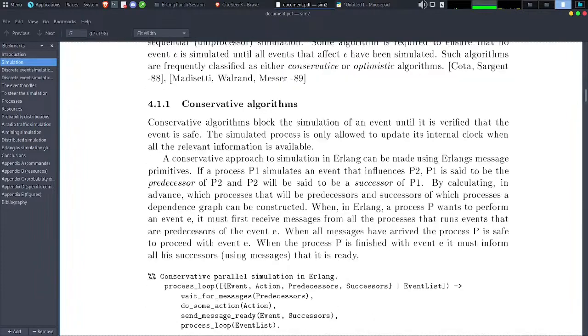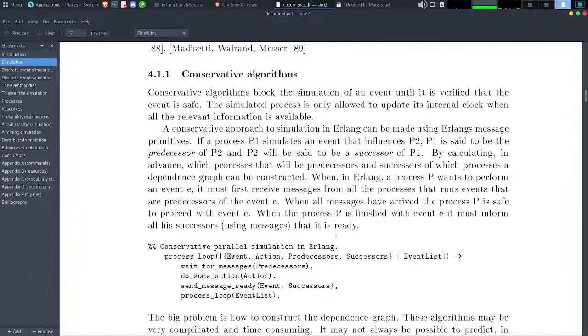Conservative algorithm. A conservative algorithm blocks the simulation of an event until it is verified that the event is safe. The simulated process is only allowed to update its internal clock when all the relevant information is available. A conservative approach to simulation in Erlang can be made using Erlang's message primitive.